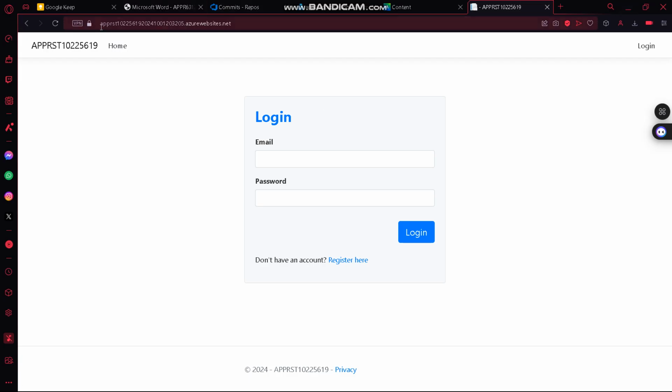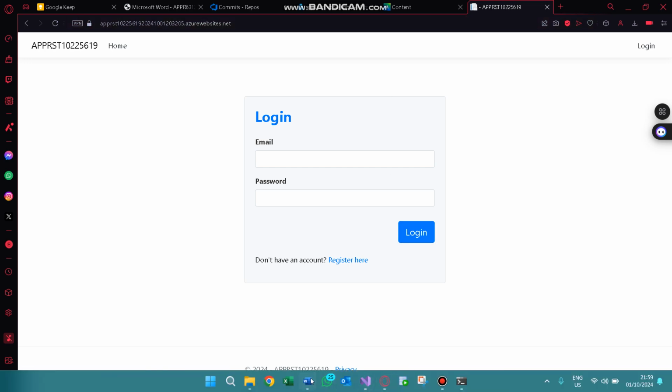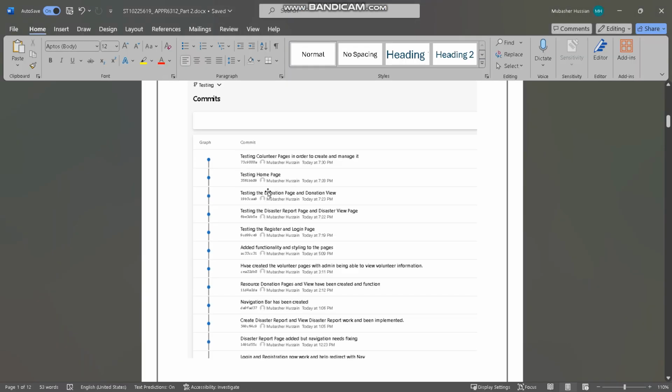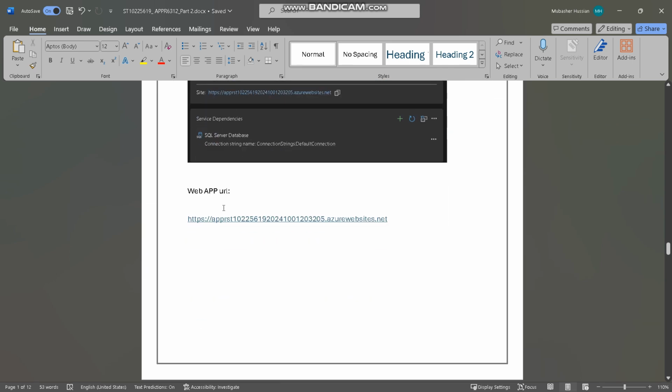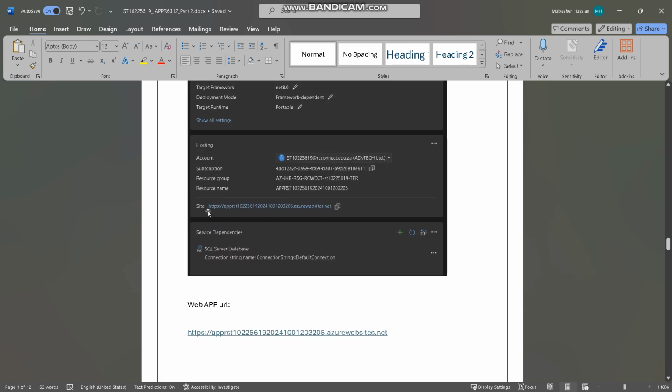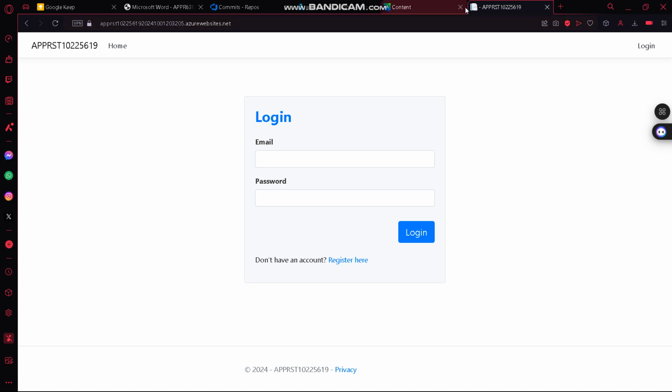And now let's go to the documentation. We have our repo link here, and we have our web app URL that was given to us immediately after deploying the web app. As you can see, it is running from the web app. So like I said,